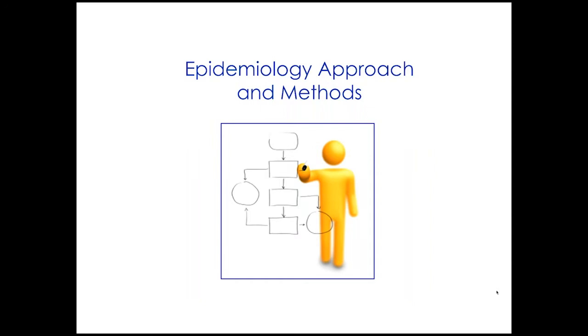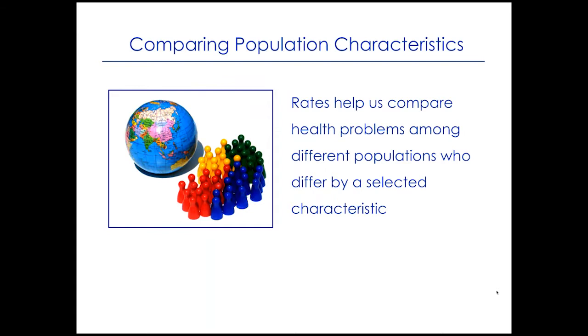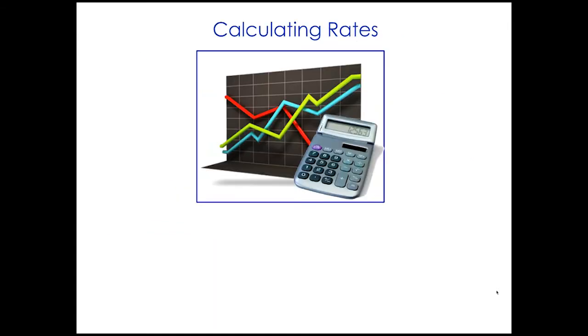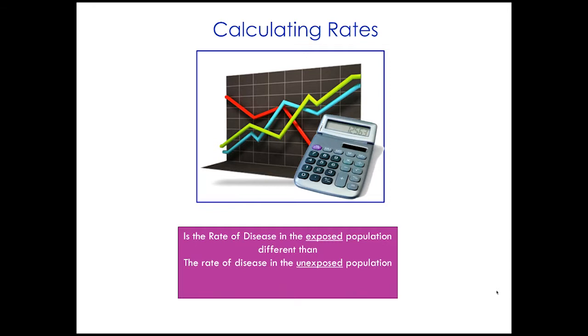Once you have all this information, once you've collected how many people are getting sick in community A versus community B, you need to do statistics and analyze the data, and we do this by comparing rates. We calculate rates of disease. And the fundamental question is: is the rate of disease in the exposed population different than the unexposed? It's a very basic question. It's not that complicated to answer. You don't need advanced statistics often. This is basic field epidemiology that we can do.